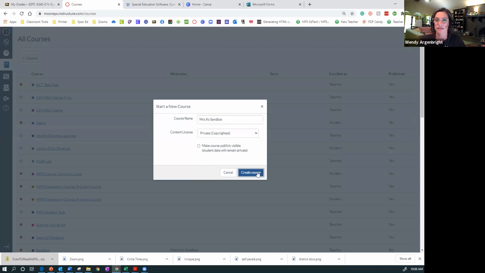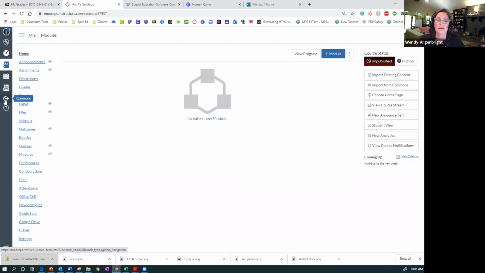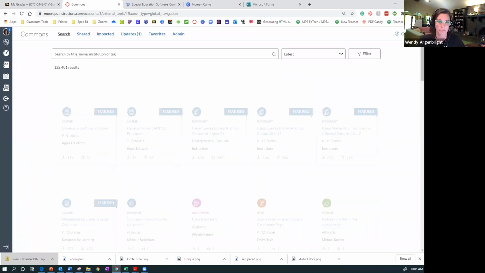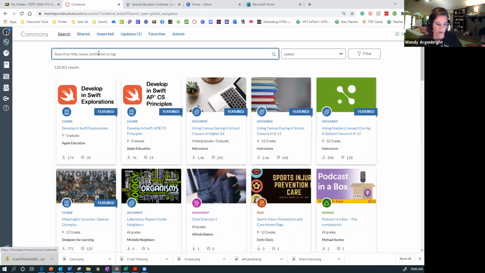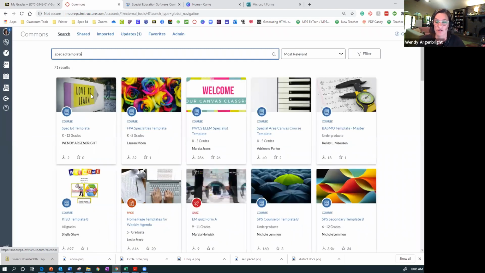And we're going to basically simply import our template into your sandbox. So then we're going to come over here to Commons on the left. And this is going to give us all of Canvas Commons. And so I have called it Spec Ed Template. So if you search on that, first option, since I'm the most recent to upload, is going to be this